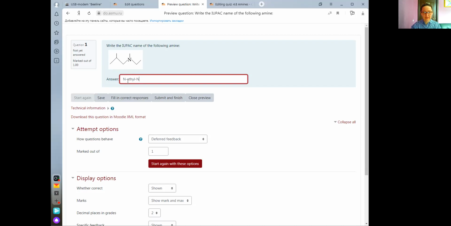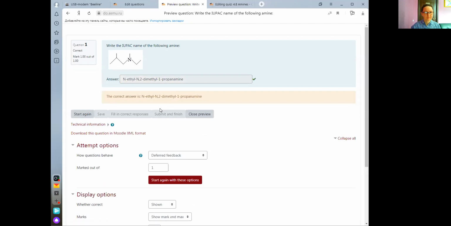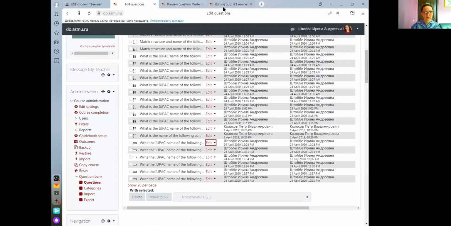First, we write N. After this, number of not N substituent, it's number 2, and dimethyl. After this, number of amino group in my parent chain, it's number 1, propane amine. Check. Correct. Understood how to solve. Next